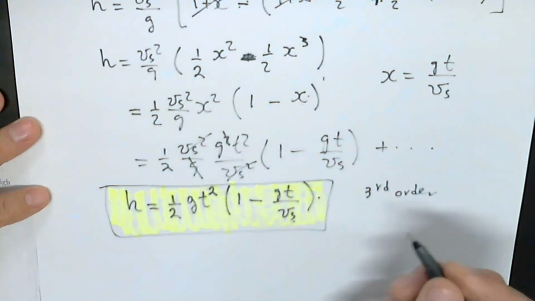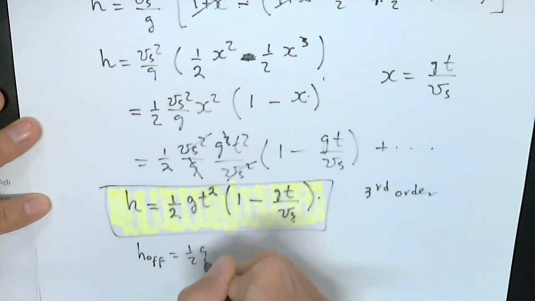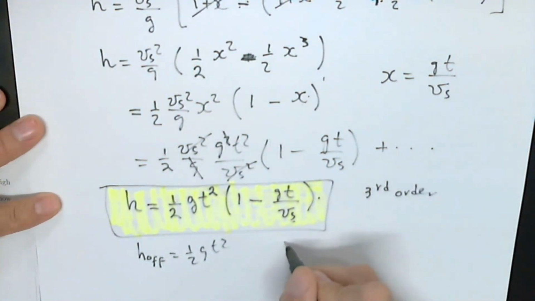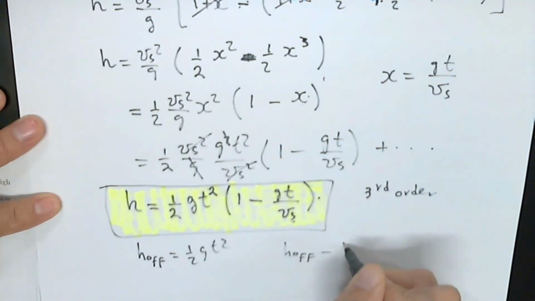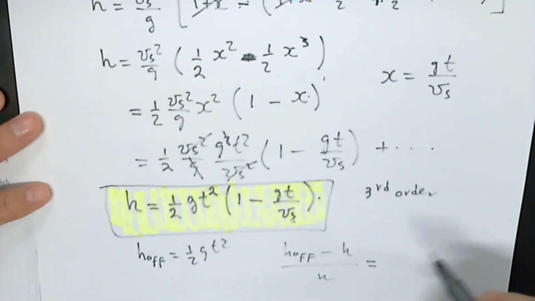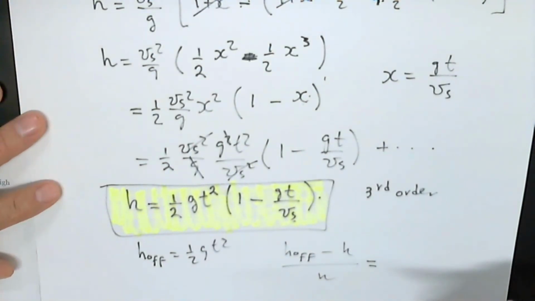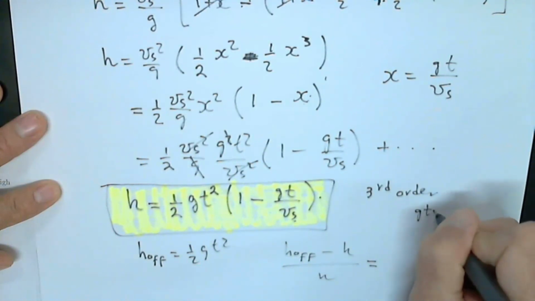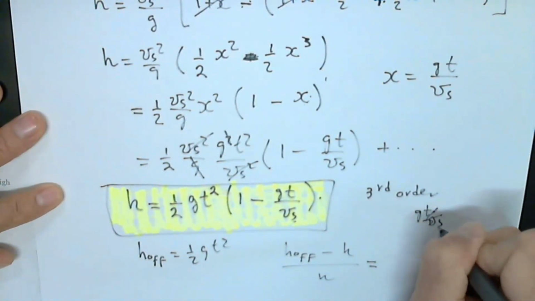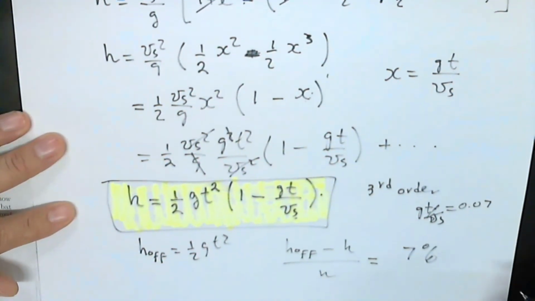You know that this is, so if this was the off calculations that I did, it's just 1/2 gt squared, and you do off minus h over h, you get this term over here that is this 0.07. gt over bs is 0.07, so you get 7%,